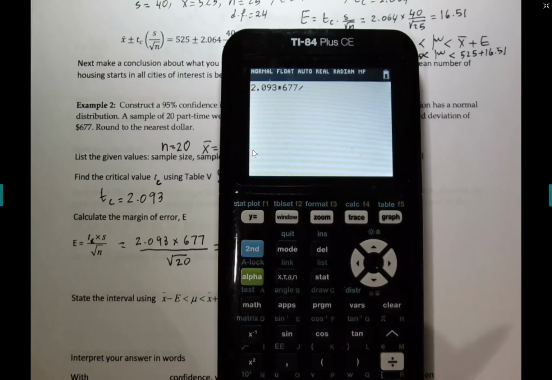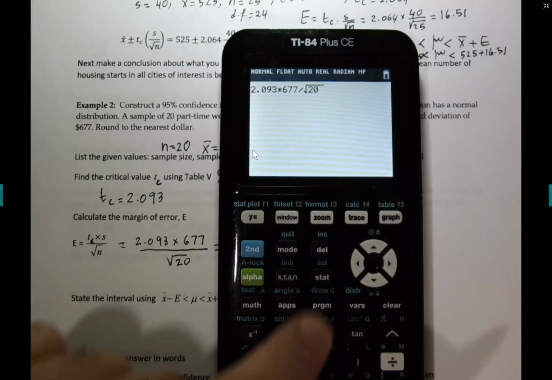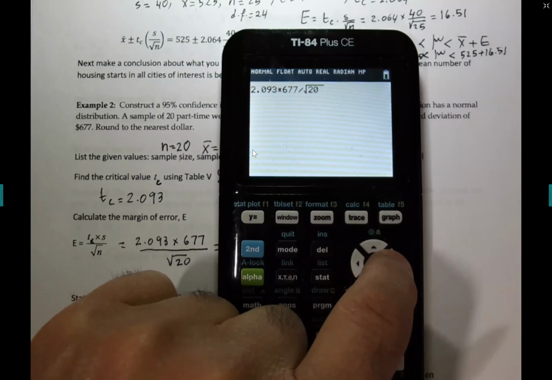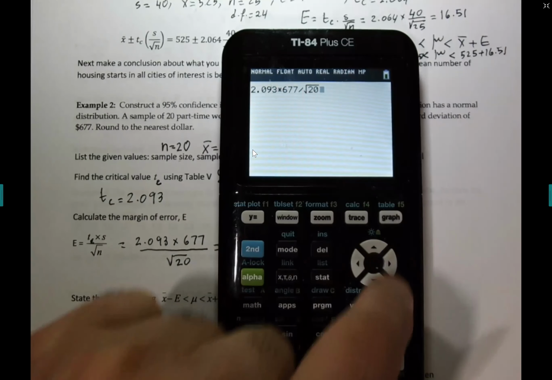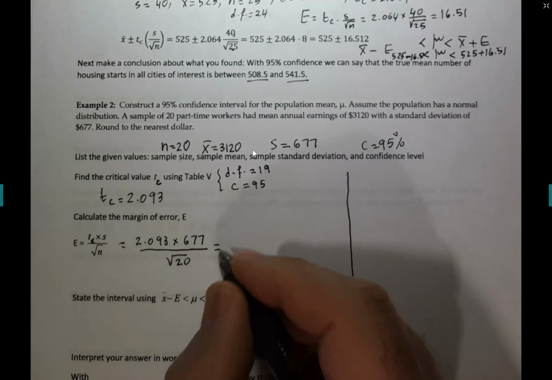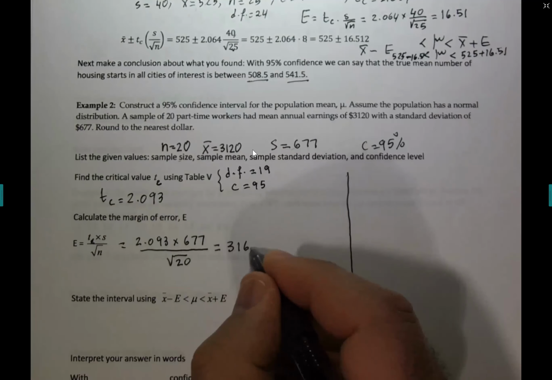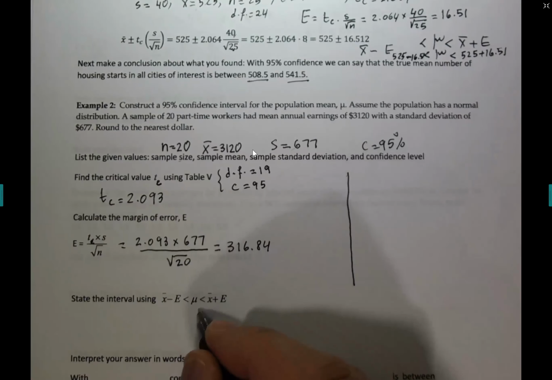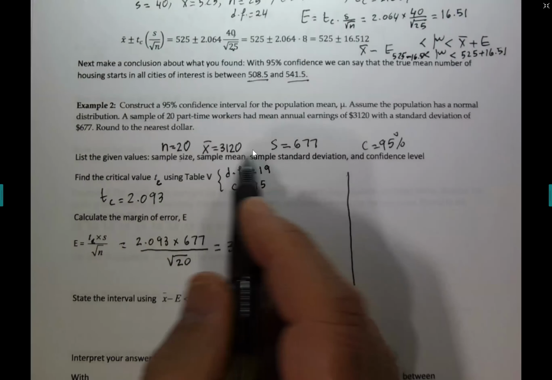Second, x squared, and put 20 in there. To get out of the square root, guys, use the arrow key. 316.84. And watch, guys, the mean is between. You're done. X bar is 3,120